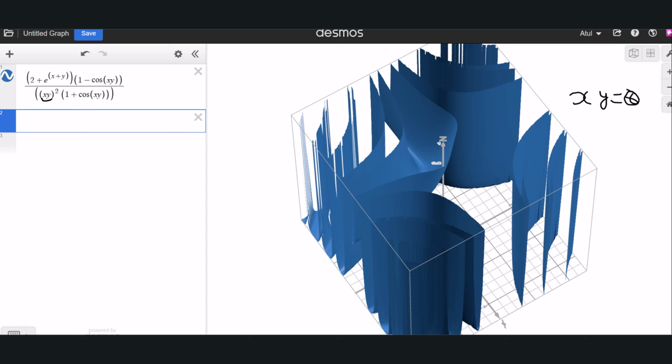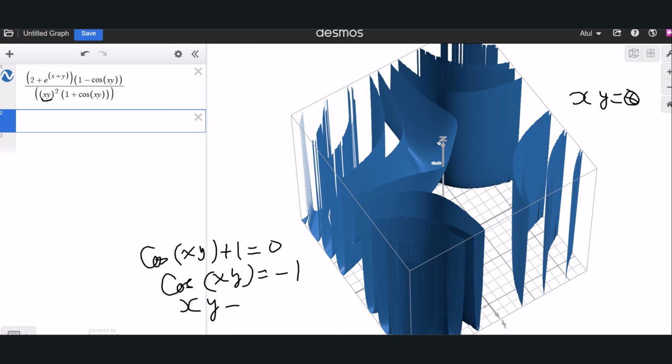Or at the same time, whenever we have cosine of xy plus 1 equals 0, or cosine xy equals -1, or xy equals, where does this happen? At the odd multiples of pi, where n is an integer. So that's how you see all these breaks at,